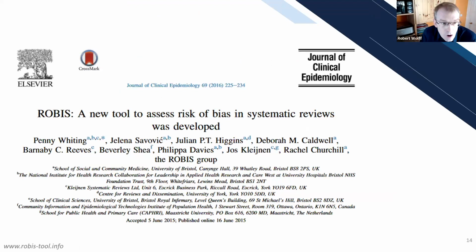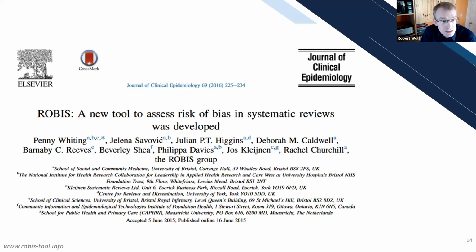So there were a few references already now to ROBIS. That's the tool that we use to do the risk of bias assessment of the systematic reviews identified for KSR Evidence. ROBIS is a tool which has been developed a few years ago by, I would say, a very distinguished group